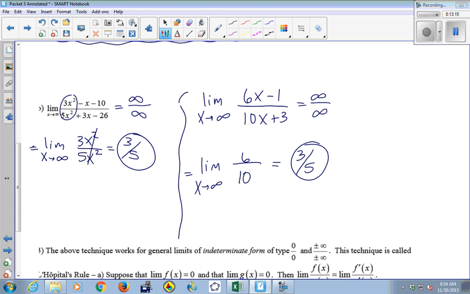Why can you just do that? Because when I did the first derivative, it gave me another indeterminate form. And anytime you're trying to take a limit that comes out to an indeterminate form, you can apply L'Hopital's rule. So it's like a brand new problem. Like if I had started here and got infinity over infinity, L'Hopital's rule would say take the derivative of the top and the derivative of the bottom. See what you get. So you can do it as many times as you want until you get something that is no longer indeterminate.